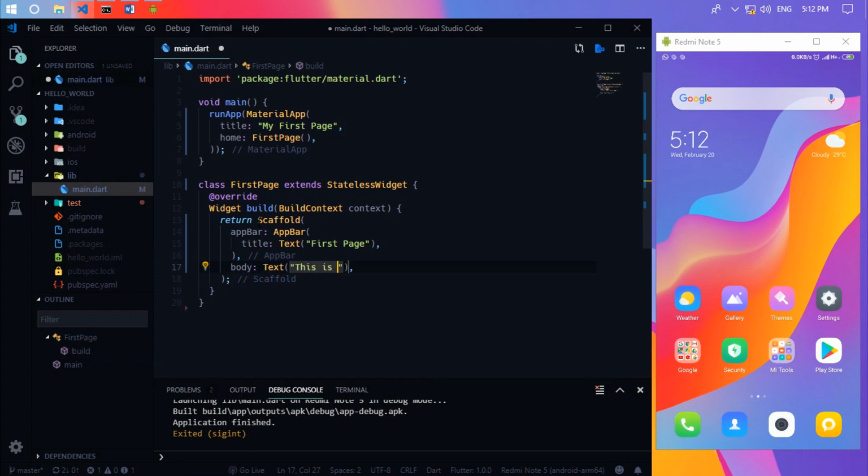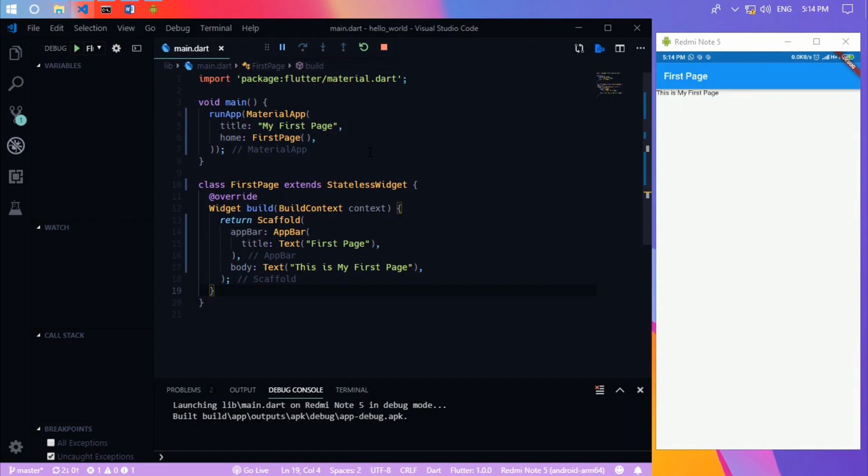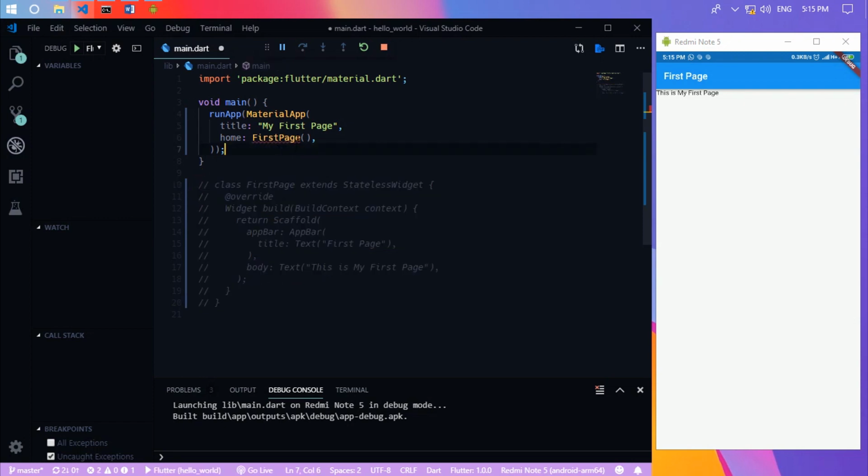Maybe this is my first page, and let's try running this application. So as we can see here, we have the text widget inside the body element, and we have a bar inside the scaffold.